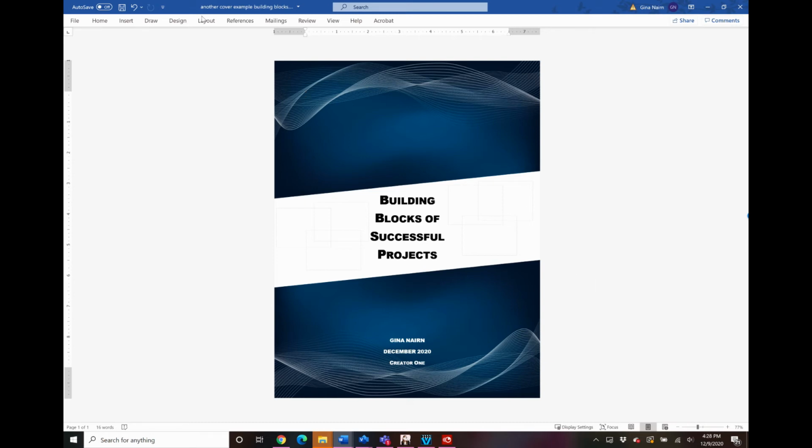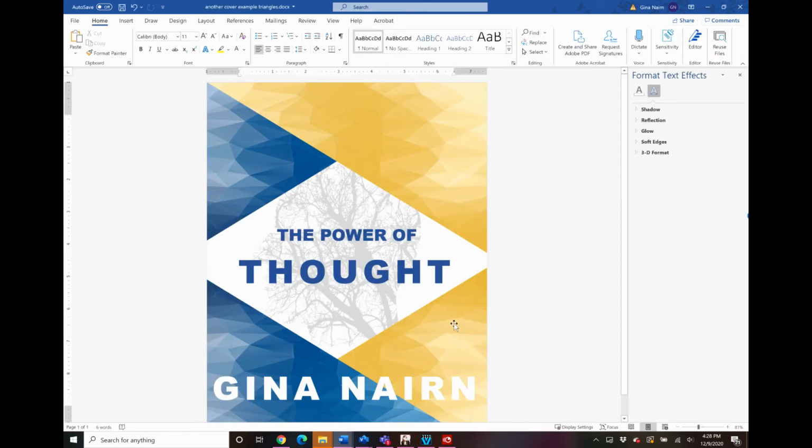And finally, our third example is really made along the same lines. In this example, we actually have two different graphics that we pulled from Pixabay. We found a triangle or angles type of background graphic, and then we played with the colors. I'm going to show you how to do that. And then I searched for the word brain, and we found this cool tree branch brain graphic that we were able to drop in. So let's start with a blank page, and I will show you how this was done.